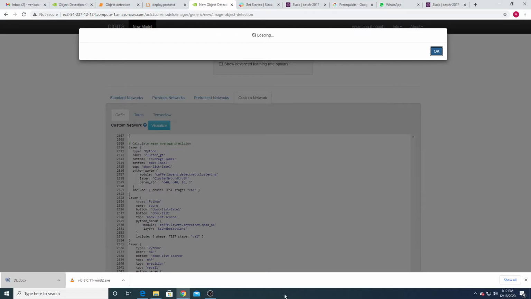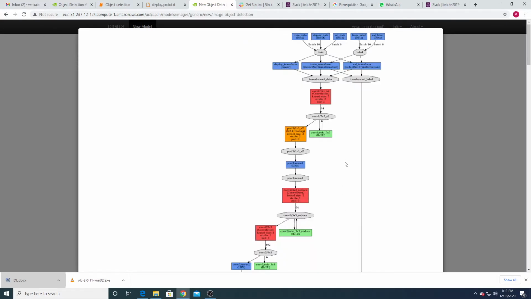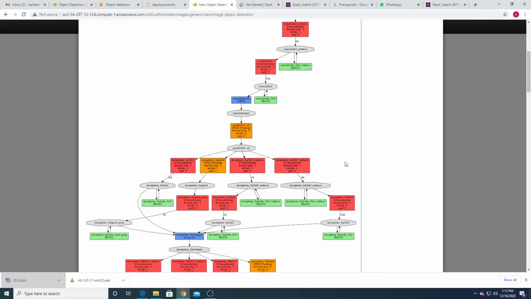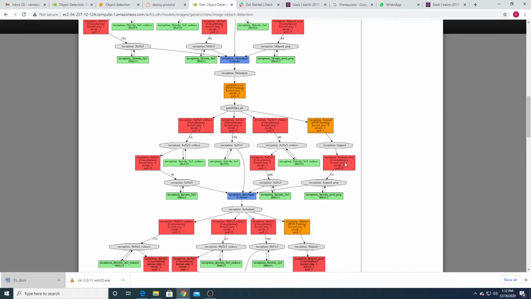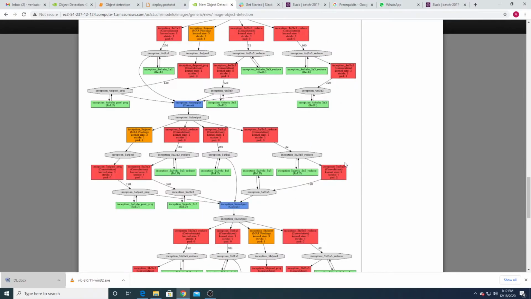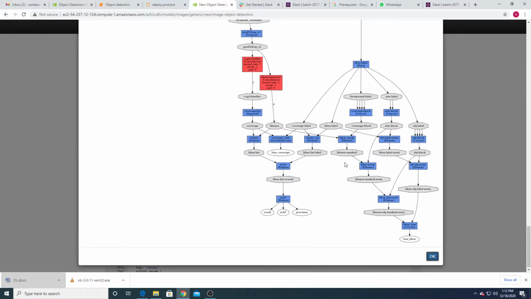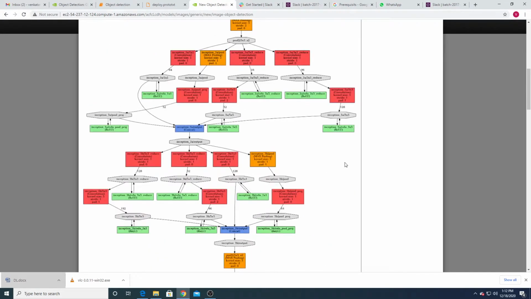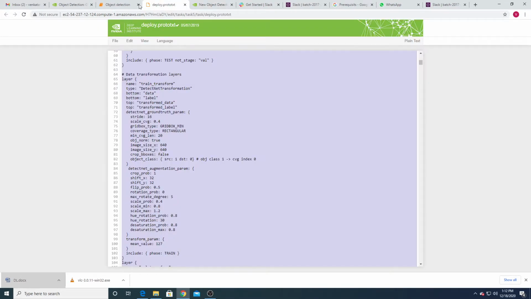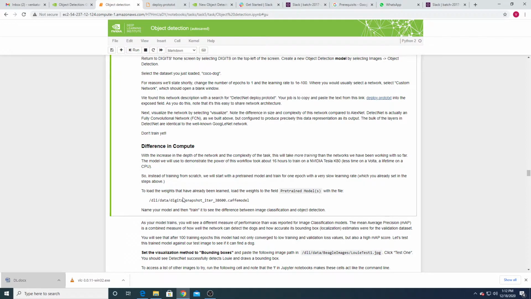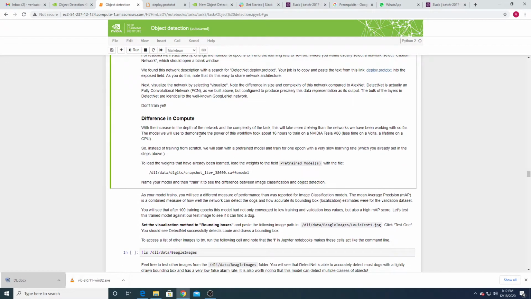DetectNet. Previously we visualized AlexNet, later we visualized the fully convolutional AlexNet. Now it is DetectNet. So how deep was this network? See, it's very complex when compared to the AlexNet model, and it is especially used for object detection. A very deep neural network, this one. So that's why they said we can stop here.